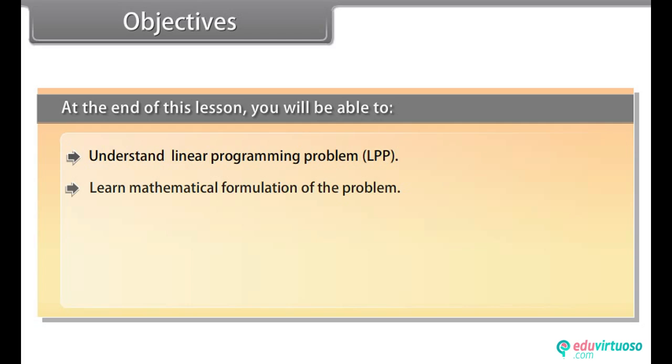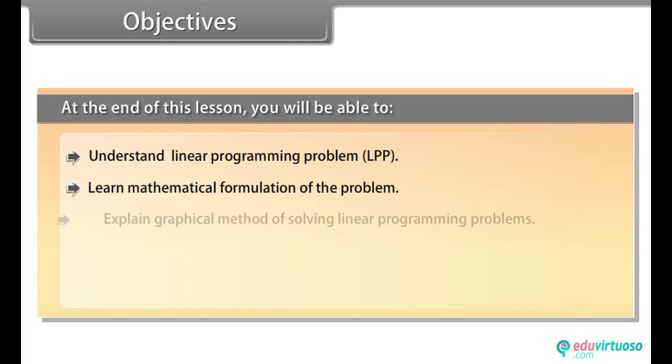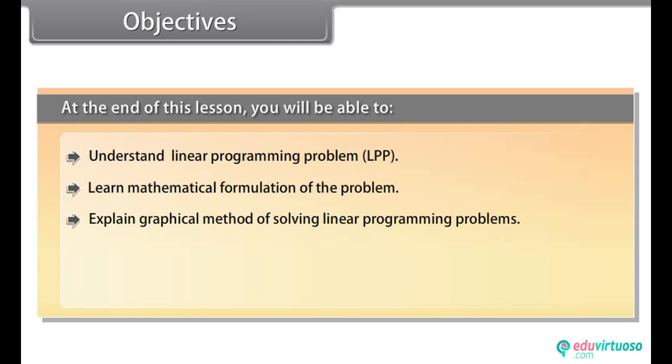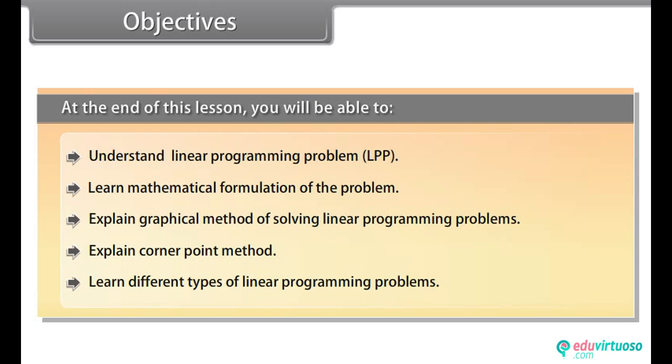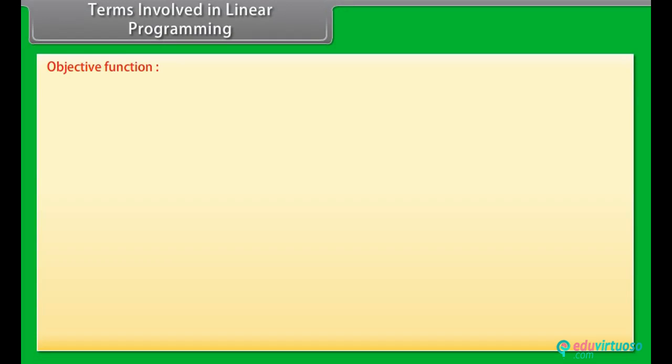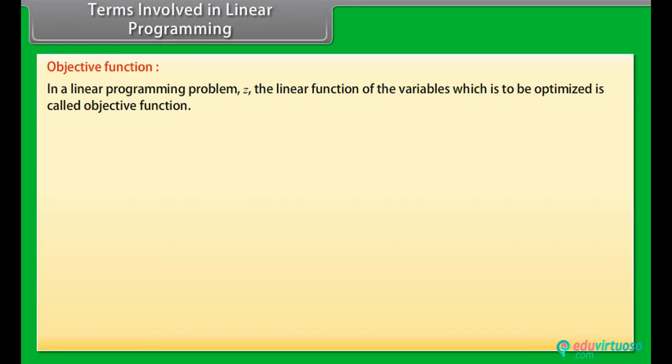At the end of this lesson, you'll be able to understand linear programming problem LPP, learn mathematical formulation of the problem, explain graphical method of solving linear programming problems, explain corner point method, learn different types of linear programming problems, terms involved in linear programming. Objective function. In a linear programming problem, Z, the linear function of the variables which is to be optimized, is called objective